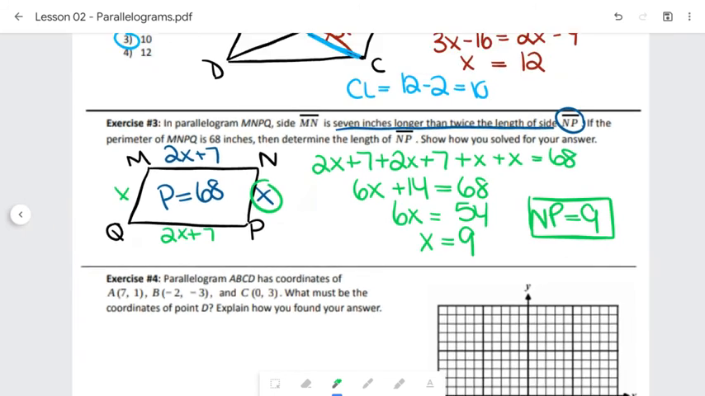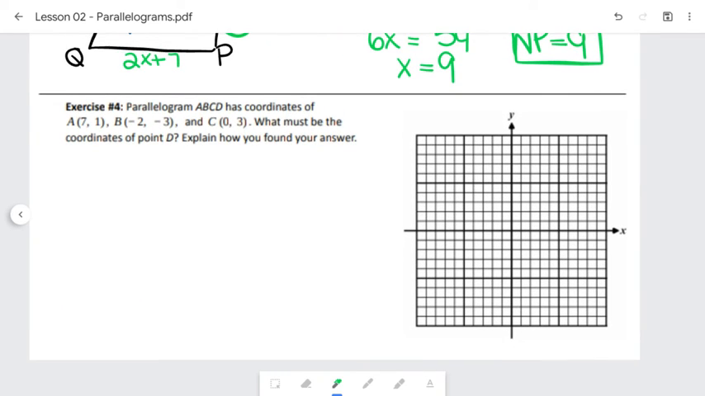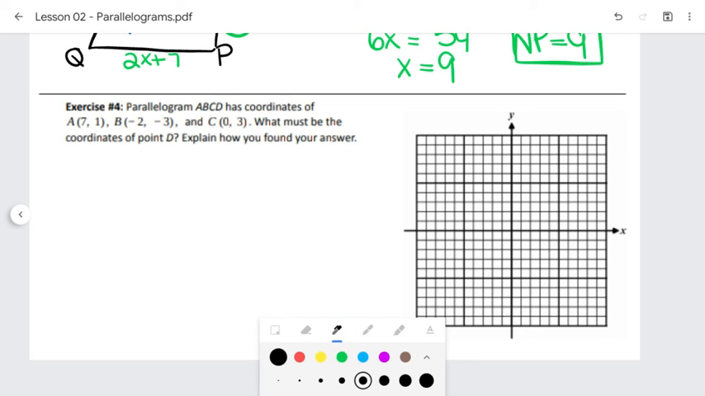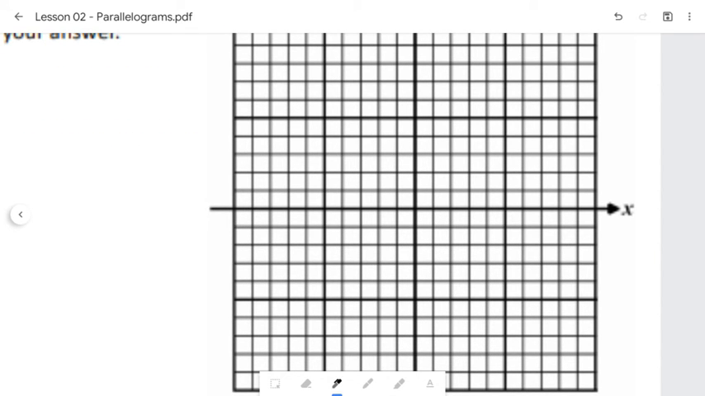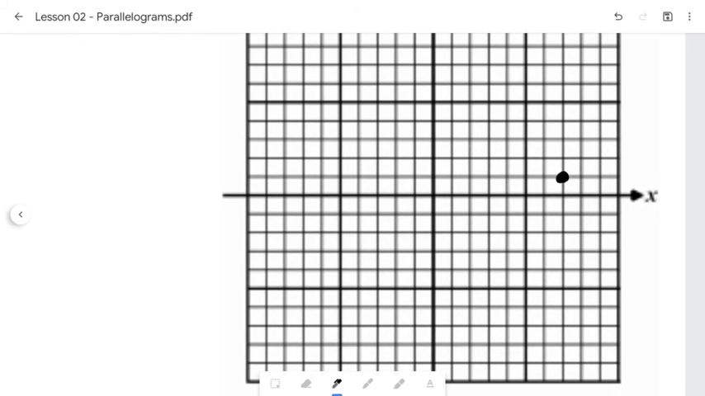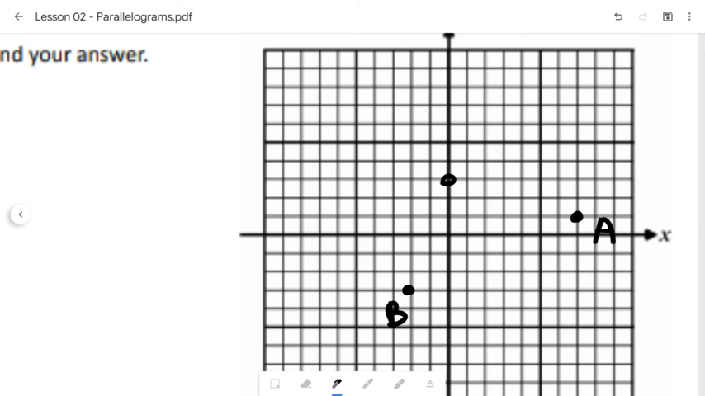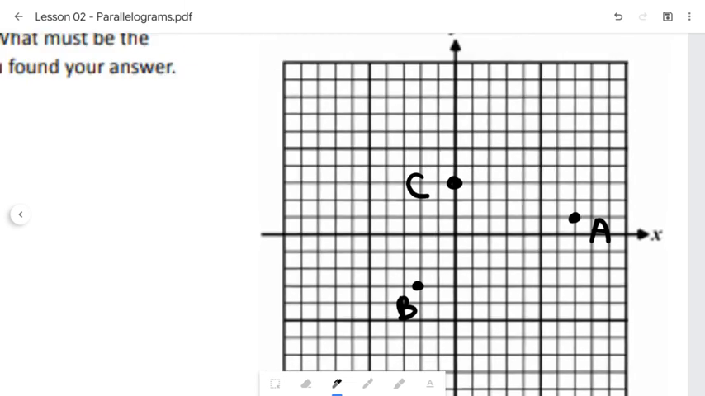Okay. One last one for this. We have parallelogram ABCD, and the coordinates A, B, and C are given. We need to figure out what coordinate D has to be to make sure it's a parallelogram. So let's plot the ones we have. 7, 1. -2, -3. Okay, so we have 3